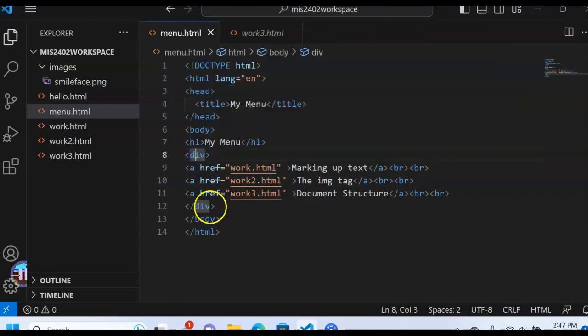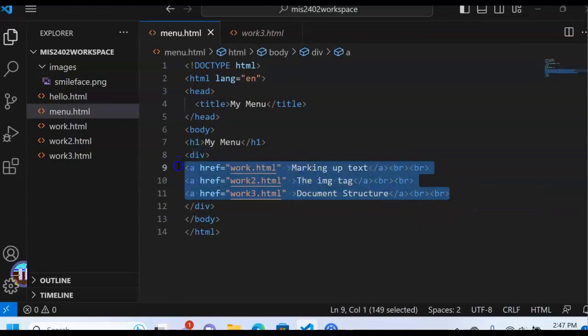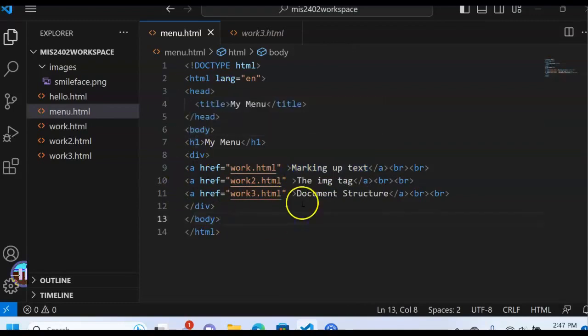This div tag is used to hold 3 other tags, right? The anchor tag wraps around some text. The body tag holds multiple tags, tags that contain other tags, that contain other tags. So this idea of tags inside of tags,